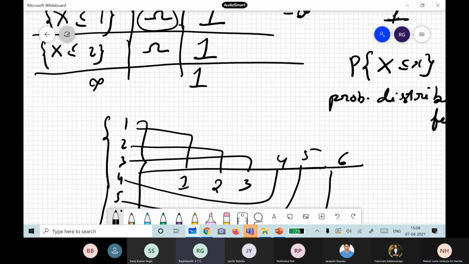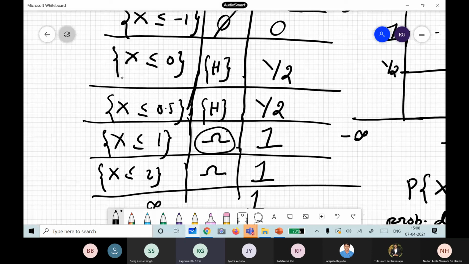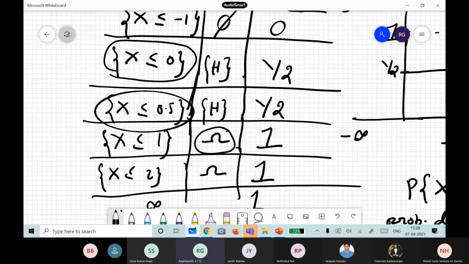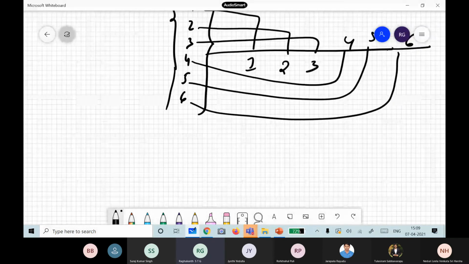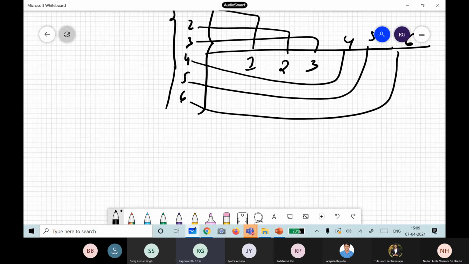So what advantage do you have when everything is transformed to minus infinity to infinity? You have the greatest advantage actually. You can compare things, you can do all mathematics. You can generate these subsets through operators like less than or equal to, greater than or equal to. That is the greatest advantage of the random variable. So the random variable is not random. It is just a transformation, and the beauty of the random variable is that whatever your sample space may be, finally it transforms everything to minus infinity to infinity, so that all mathematical operations can be used. That is the main advantage which any of you should remember.